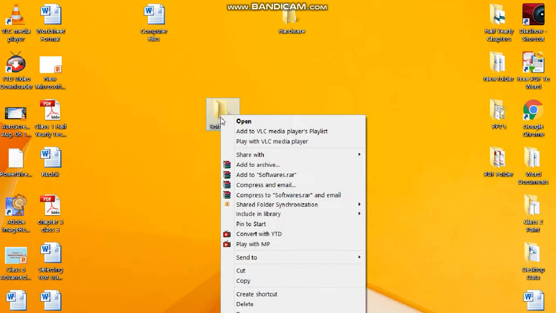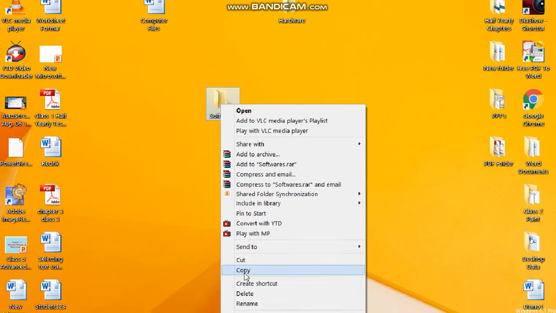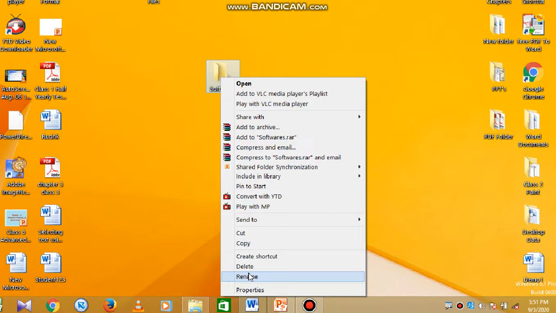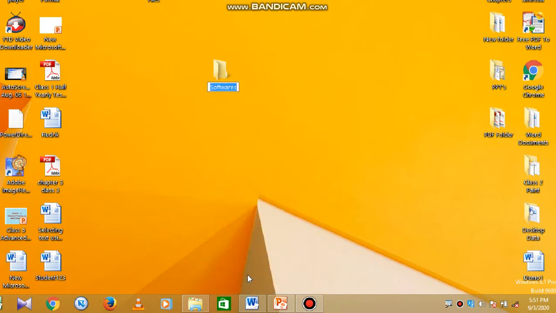So first of all, right click on this folder, select the folder and right click, then choose the rename option. Choose this rename option. The cursor will blink at the end of the text. Okay, type another name, that my data, and press the enter key. The name of file will be changed. Okay, now next is deleting a file and folder.